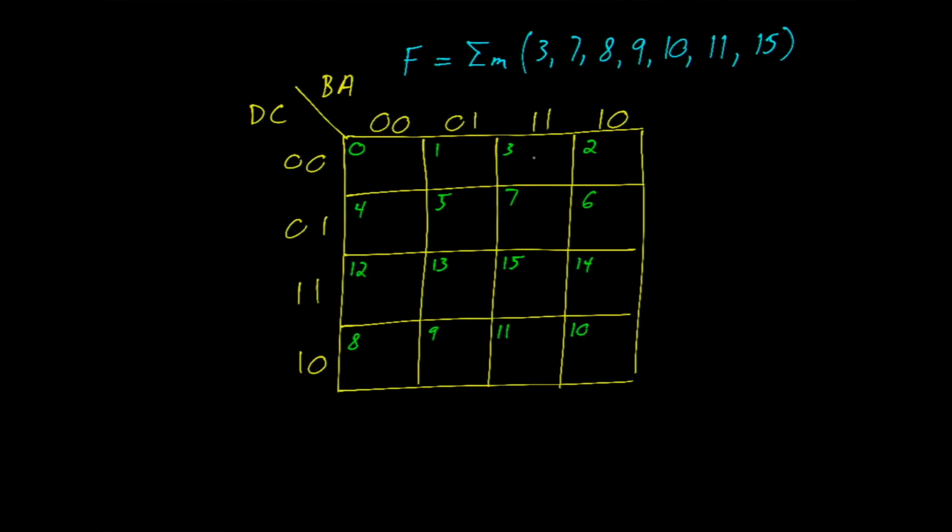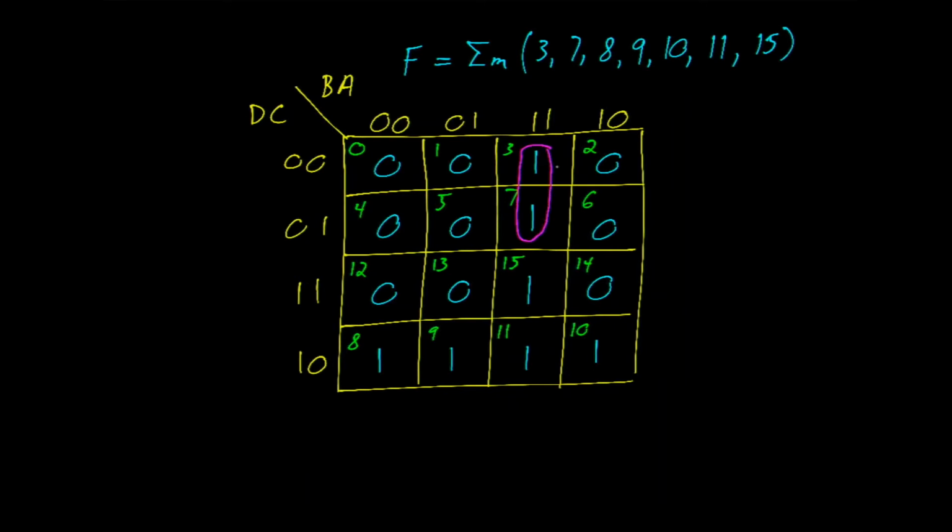We'll write a 1 in the cells corresponding to the minterms, and a 0 in all other cells. Remembering that there's a 1-bit difference between adjacent cells, we can circle cells such as this and describe what the simplified circuit is. So this particular one becomes D naught